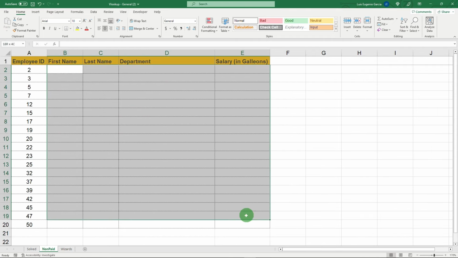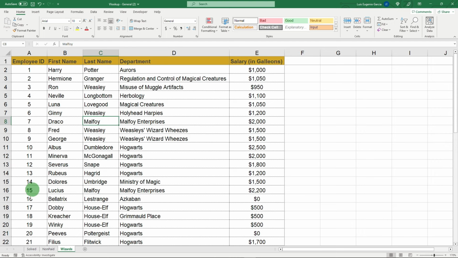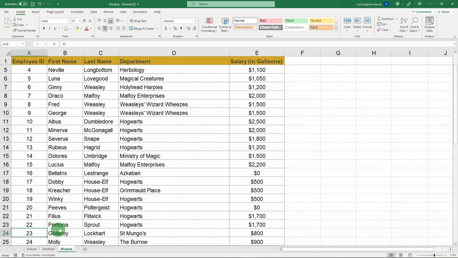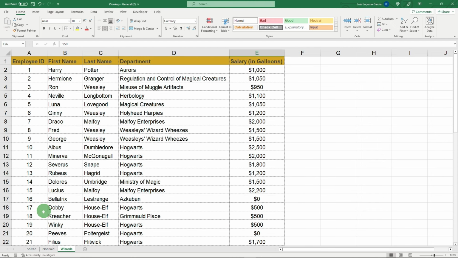Muggles who aren't skilled in Excel would say, "Okay, I have employee ID 23. I'll go into my database, search ID 23 and copy the name. Then I look up ID 25 and so on. Finally, I do the same thing with the last name, the department, and the rest of the fields." Can you imagine doing this manually? It would take you hours.